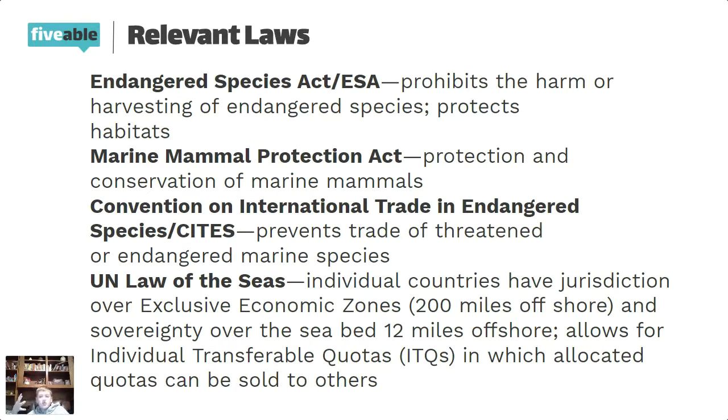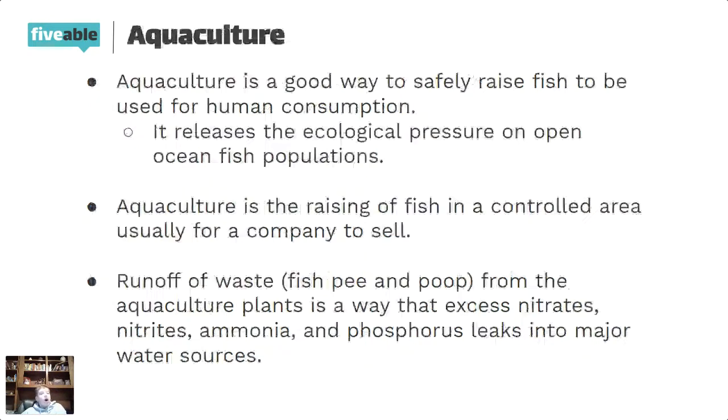So I've been proposing a lot of grim and bad stuff that's happening to our environment because of open ocean fishing. But is there anything besides just making laws to prevent too much open ocean fishing? Yes, there is. It's called aquaculture. Aquaculture is basically just a fish farm. So what happens in this fish farm is that we raise fish from eggs, and we don't actually have to withdraw fish from the ocean anymore. We take the fish that we raise and then we kill them and sell them for food. We don't have to rely on the open ocean anymore.